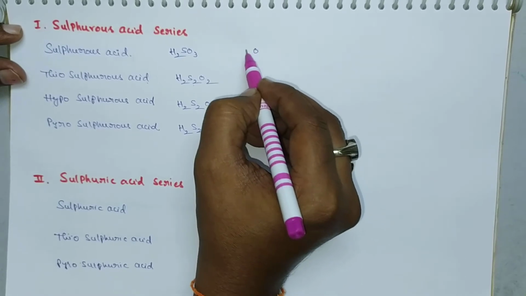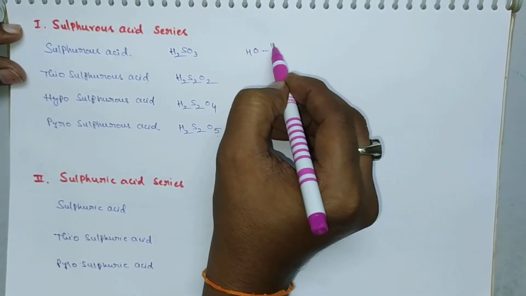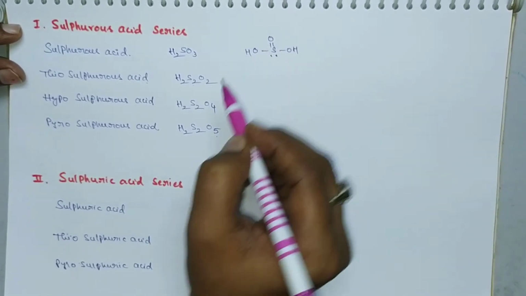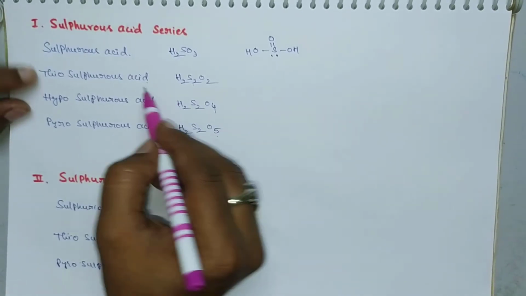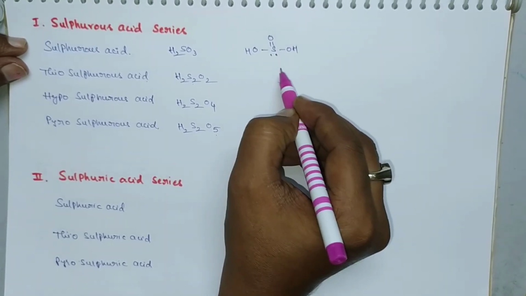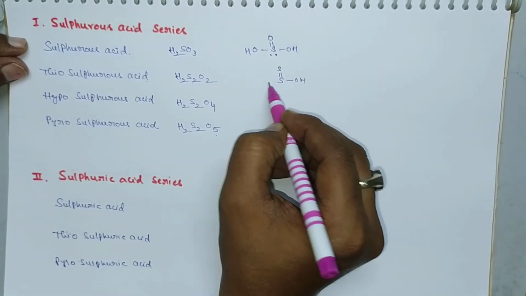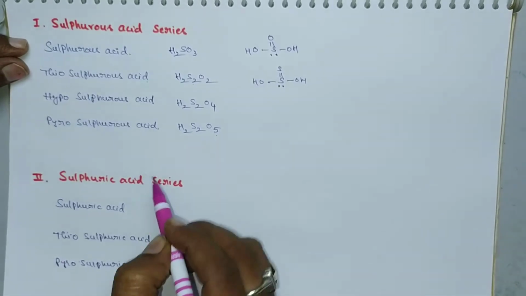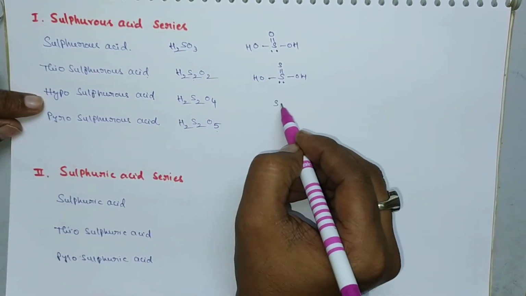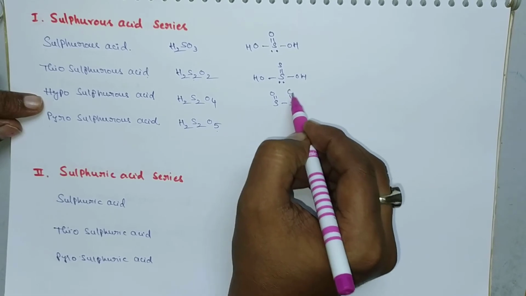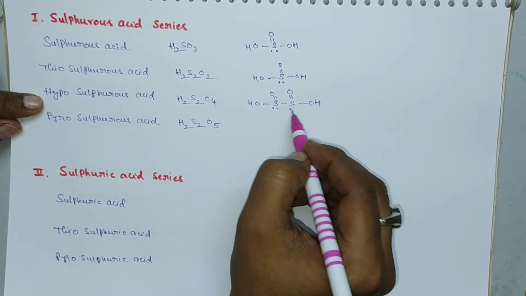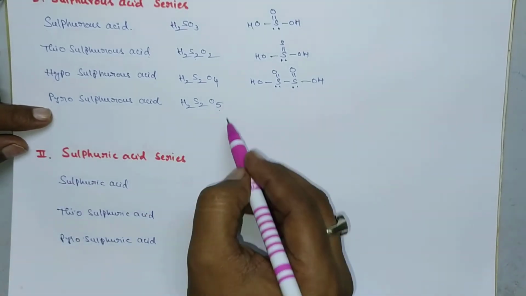The structure of this one is like this. Sulfur valence is 6 only, so it can form 6 bonds, and sometimes some lone pairs will be there. Here it forms 4 bonds and 1 lone pair will be there. Next, thiosulfurous acid. Thio means it should consist of an S-S linkage, so here there is an S double bond S linkage, with OH and again OH, and 1 lone pair. And hyposulfurous acid: hypo means S-S, double bond O and double bond O, with OH and OH, and lone pairs are there.